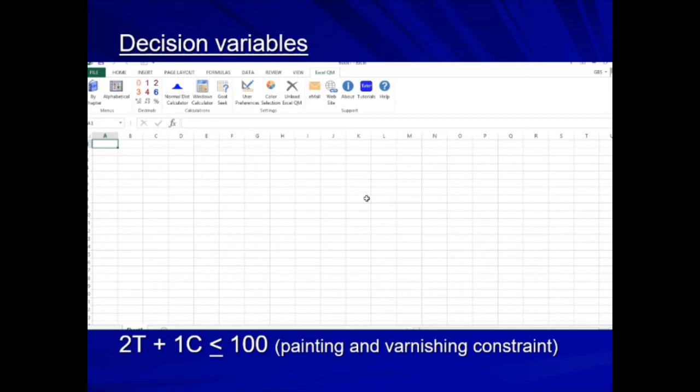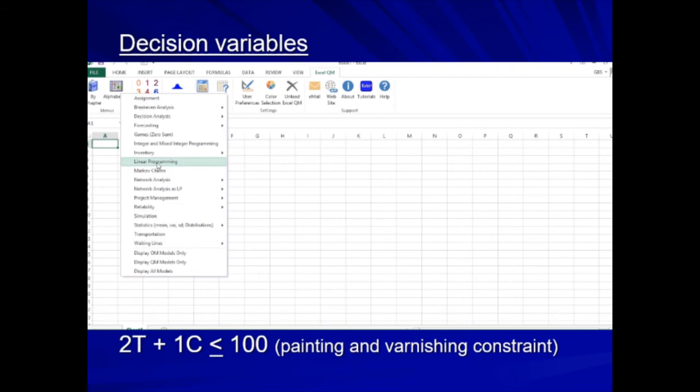For this version, to begin with, we click the Excel QM tab, and under the alphabetical menu, we look for linear programming. So we click that,